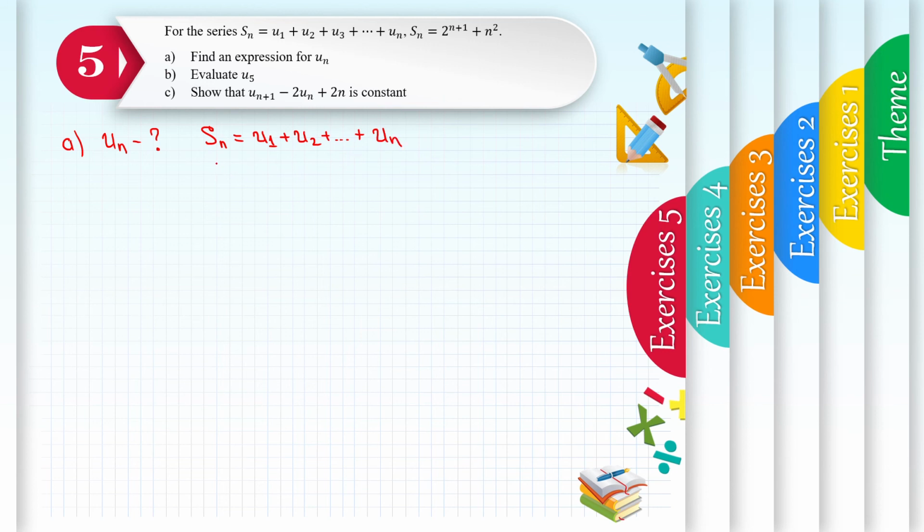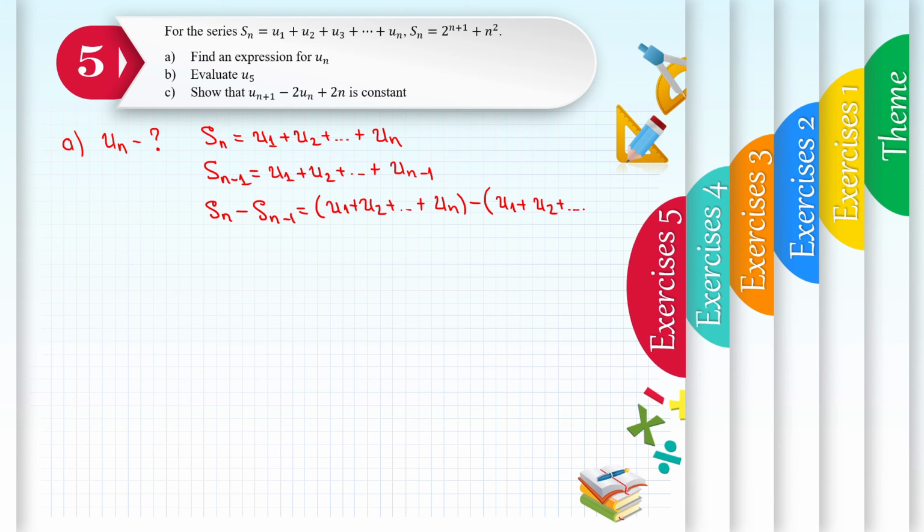What you have to observe is that if you calculate Sn minus 1, which is u1 plus u2 plus so on till un minus 1, and subtract it from Sn, which is u1 plus u2 plus so on plus un,